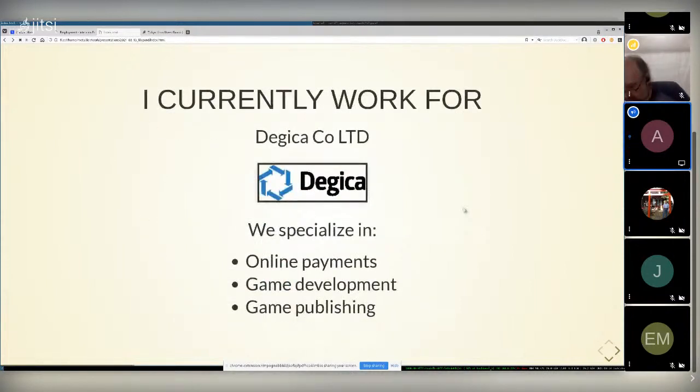I started working for Digica instead. Digica, as you can see on the slide, has a couple of business ventures, but I'm working on the online payments. I already mentioned while we were hanging out earlier that it's a Ruby on Rails application. It's called Komoju, and it's basically a payment gateway. So imagine you have a web store and you want your customers to be able to buy stuff from you, then Komoju can give them ways to do that.